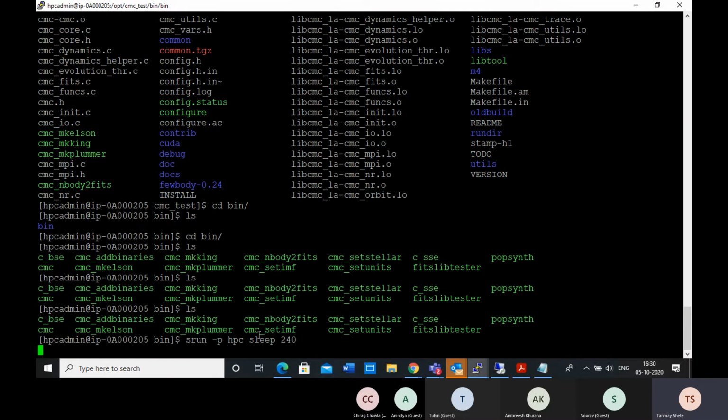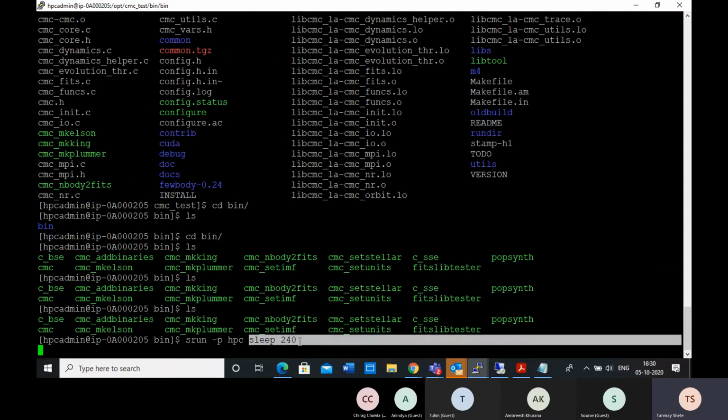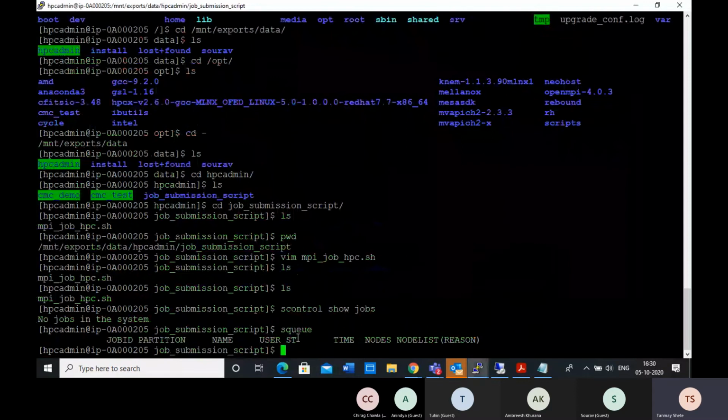I just submitted one job with srun on partition HPC, and the job sleeps for 240 seconds.